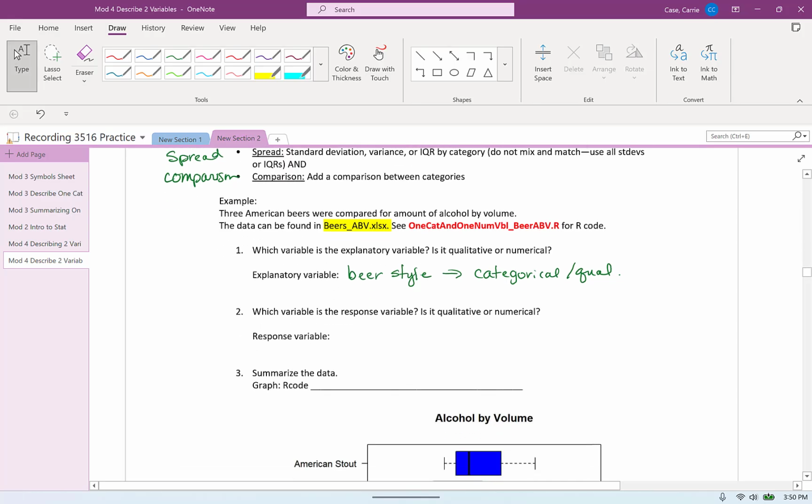And then which variable is the response variable? That's alcohol by volume, which is called ABV in the Excel file. It is numerical, and specifically, it is numerical and continuous